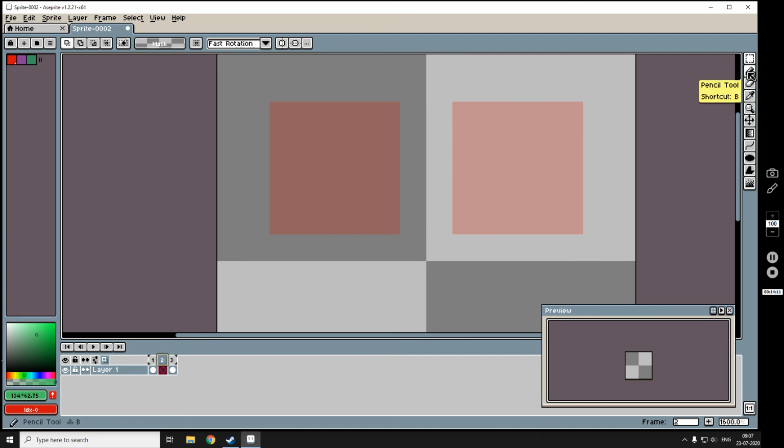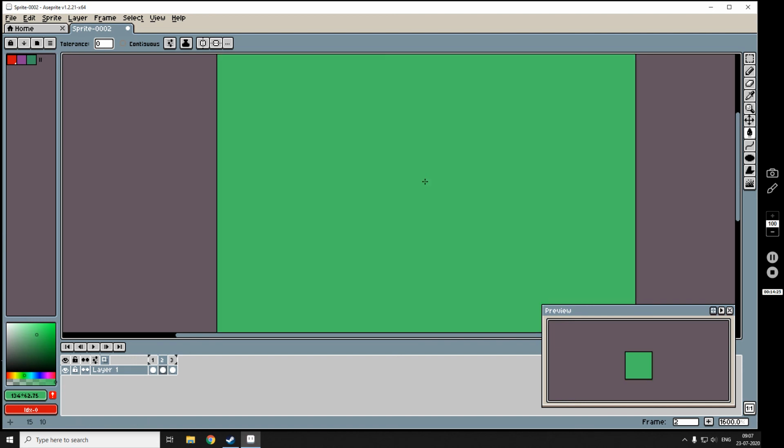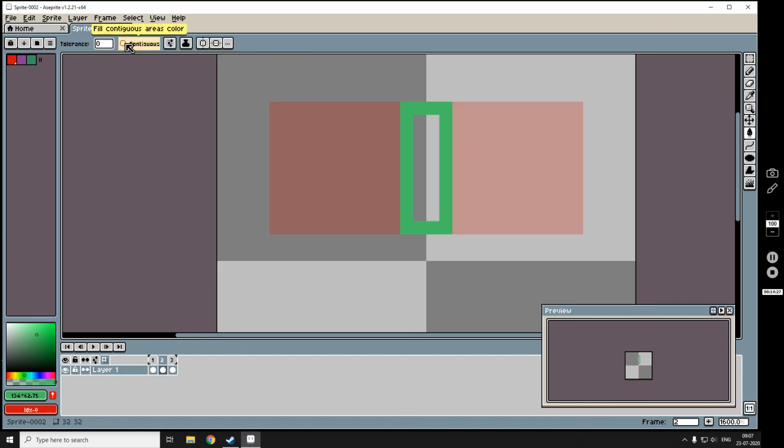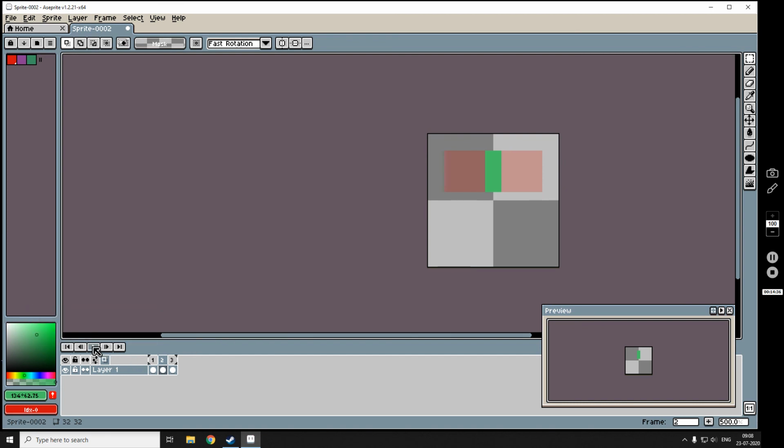Now we can draw in between as per our need. So you can just simply draw here to animate them. The contiguous option is turned off, that's why it filled all over the canvas. It's done. Now let's play it to see it's animated. Okay, so for better visibility, let me turn off the onion skin tool and let's play it again. See, it's animated, so it is quite helpful actually.